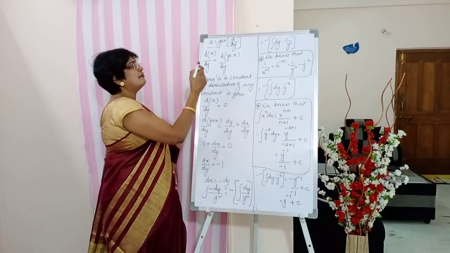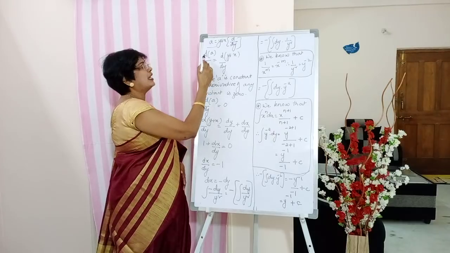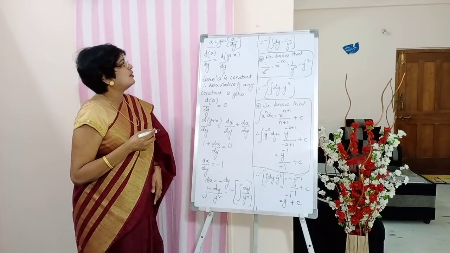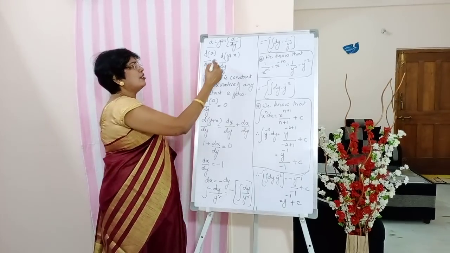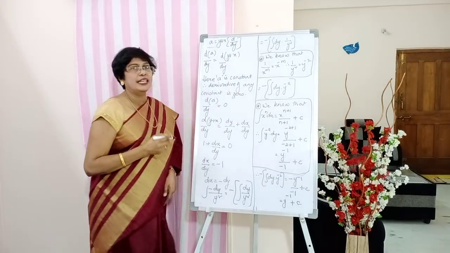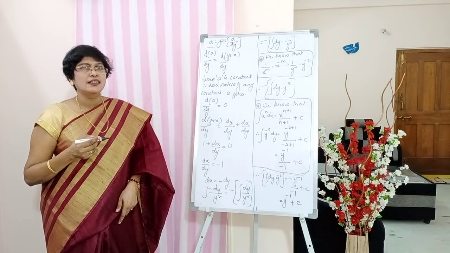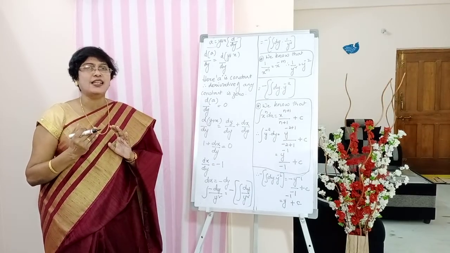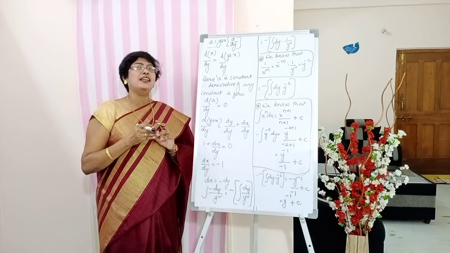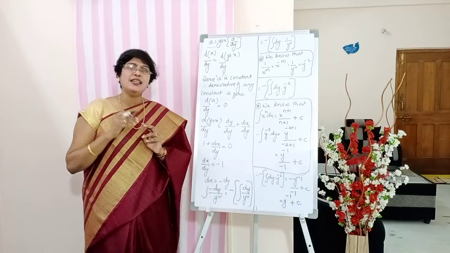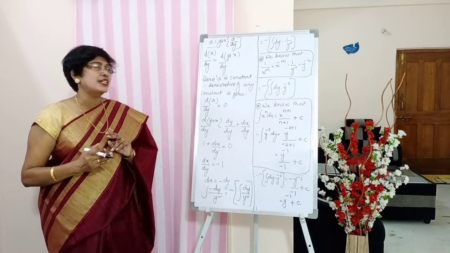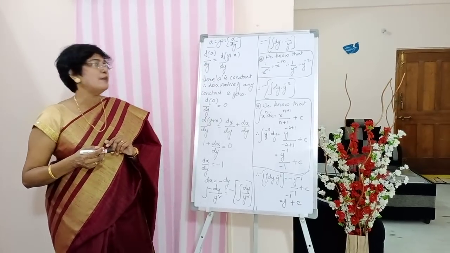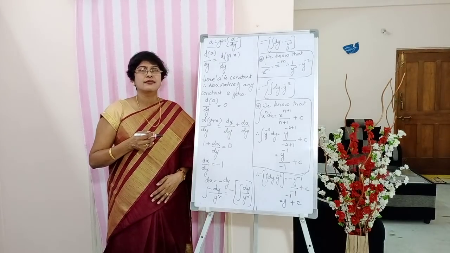So what do we get in the next step after differentiating a is equal to y plus x with d by dy? On the left side we have a, so d of a by dy is equal to, on the right side, y plus x, so d of (y plus x) by dy. Again, students, our equation is a is equal to y plus x, and we are differentiating with d by dy. So after differentiating: d of a by dy is equal to d of (y plus x) by dy. Written?